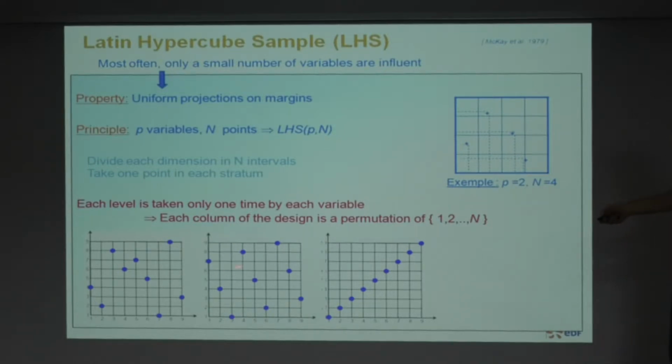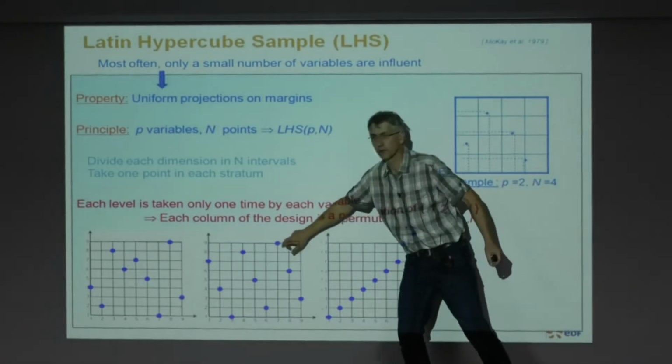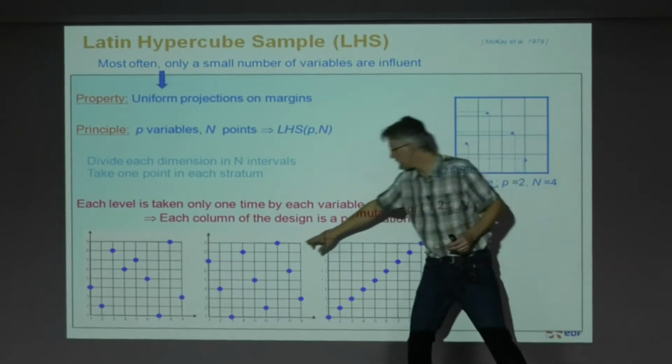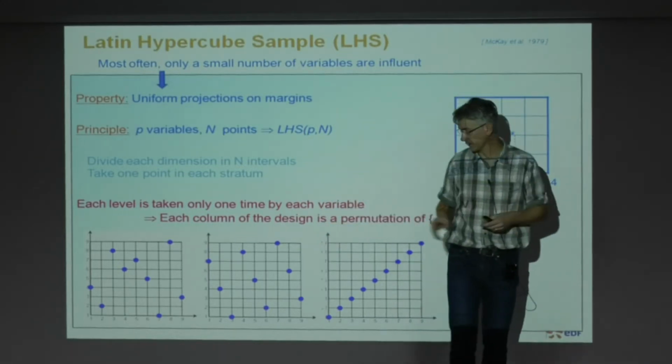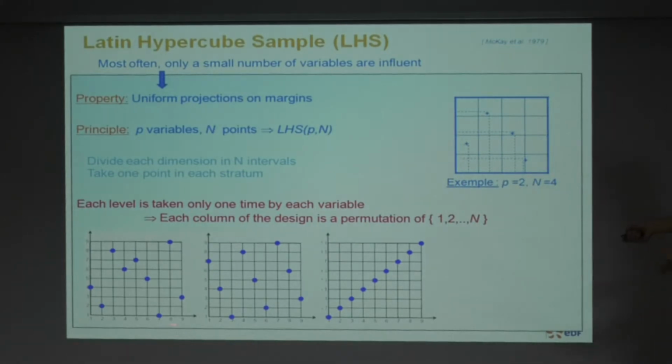And here I put 3 examples of Latin hypercube sample. The points are on the nodes. It's not important. They can be in the cell, but on the node is the same thing. Alors, which Latin hypercube sample do you prefer between the 3? The first, the second, and the third? Excuse me, can someone say something? Or you can say 1, 2, or 3 by random.